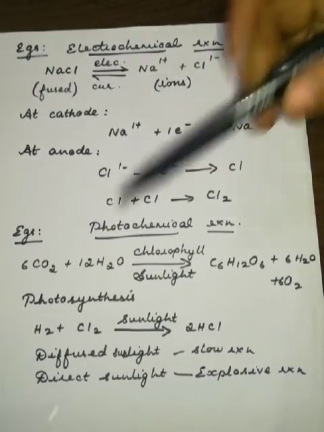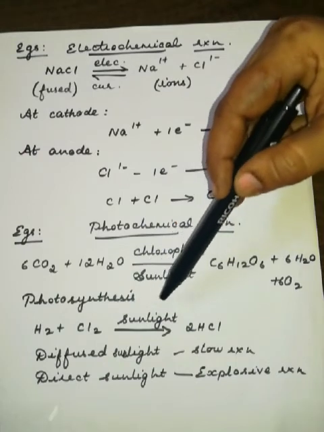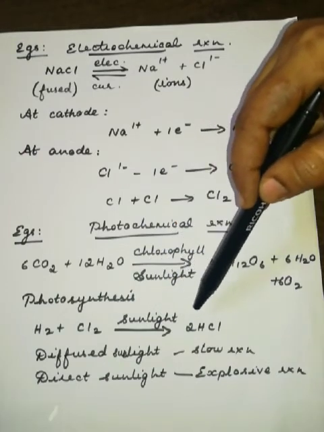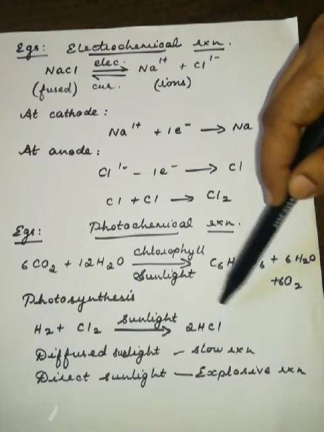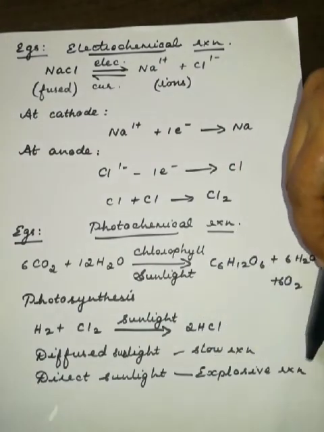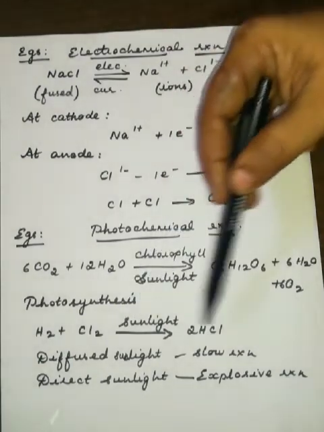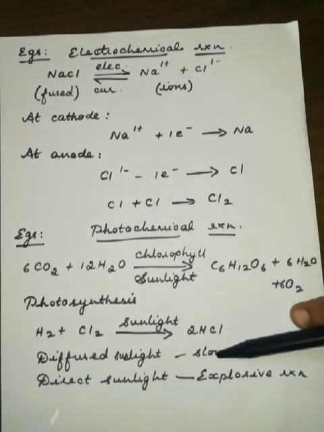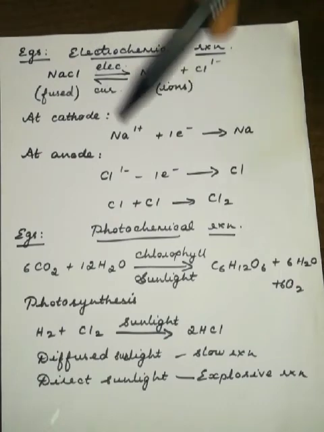Now coming to one more reaction which you have learned already, that is hydrogen with chlorine. Only in diffuse sunlight does the reaction undergo. You will get HCl, hydrogen chloride gas. It's not an acid. If this reaction undergoes in direct sunlight, it is an explosive reaction, so we do not do the direct reaction. Only in diffuse sunlight does the reaction undergo. So we have seen photosynthesis as well as how HCl forms. So we have seen all 4 types of energy change reactions: exo, endo, electrochemical, photochemical.